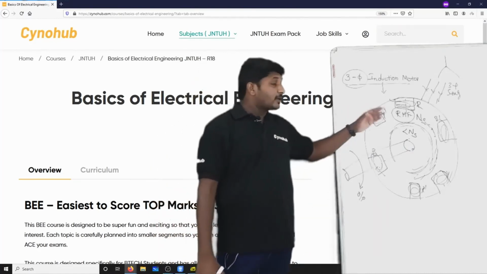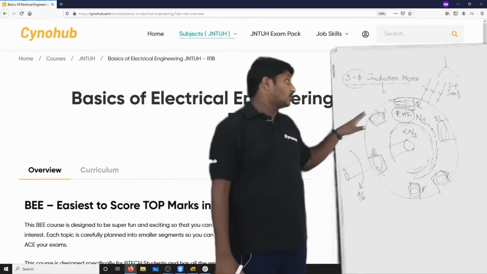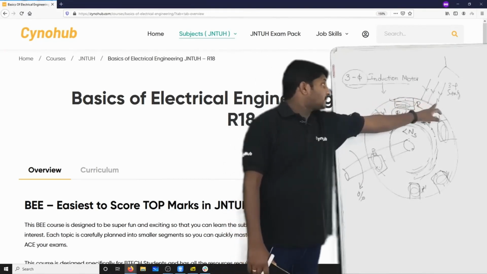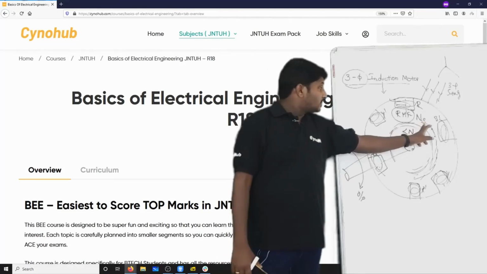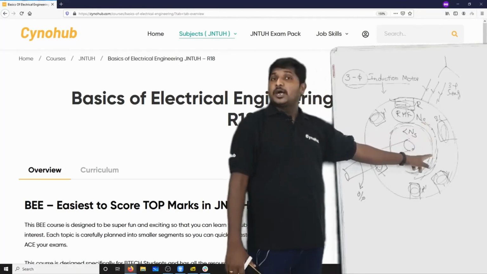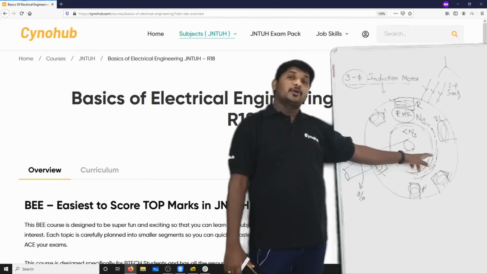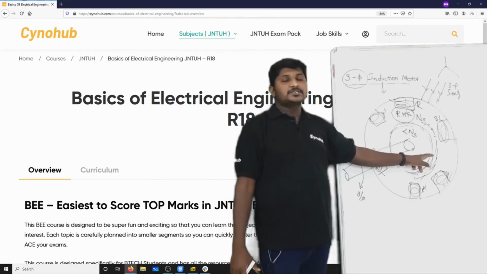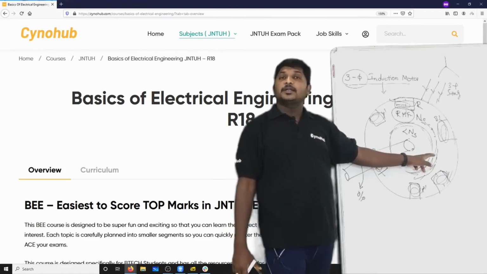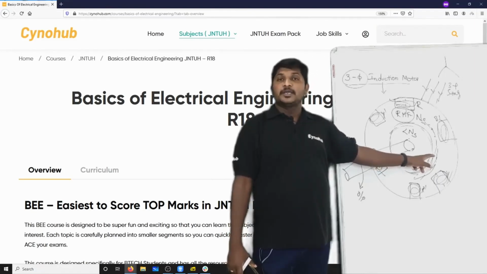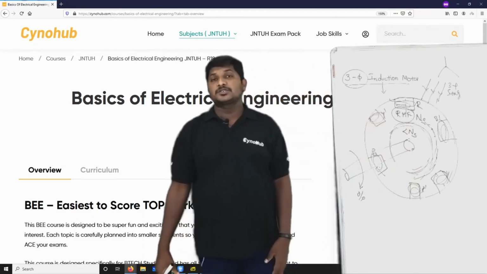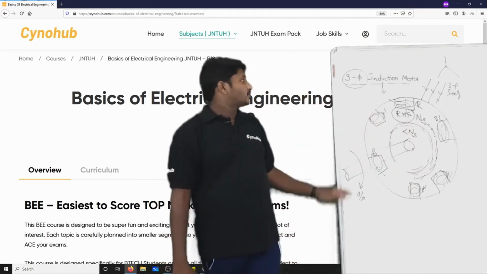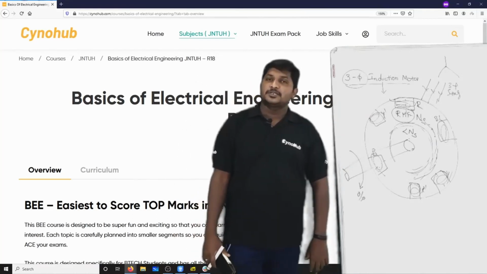So that is the operation of a three-phase induction motor. We have to give a three-phase supply and there is production of a rotating magnetic field. It rotates at synchronous speed. This field will cut the rotor conductors and there is induction of rotor EMF and rotor current. Hence, according to the DC motor principle, whenever a current carrying conductor is placed in a magnetic flux, it experiences a force, hence this rotor will rotate at less than synchronous speed. So that is the operation of the three-phase induction motor.